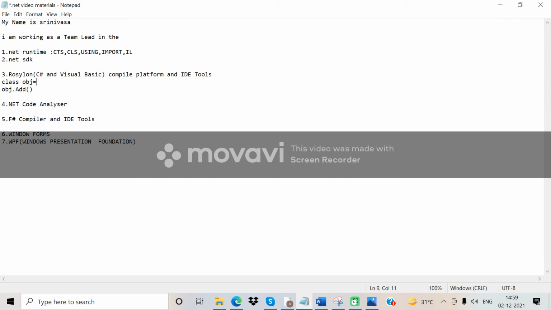Obj equal to new class. I did not declare new obj, obj equal to new class, and then obj dot add. I did not declare this one, so I'm getting the error.